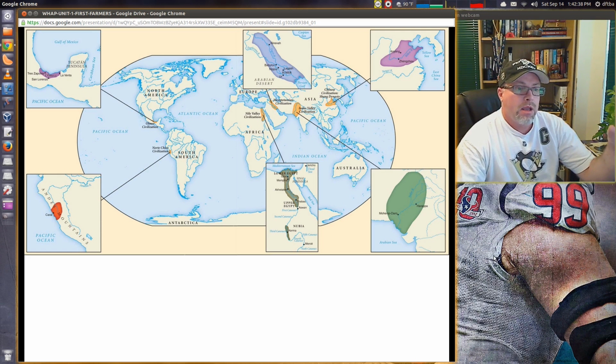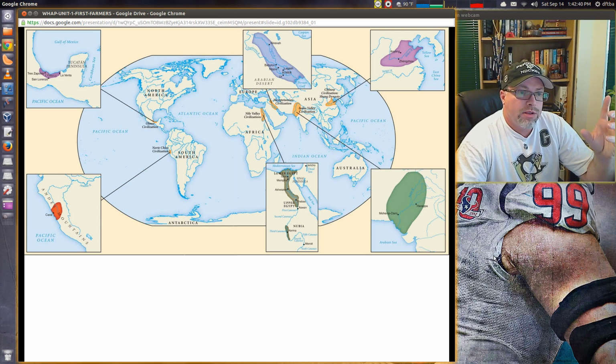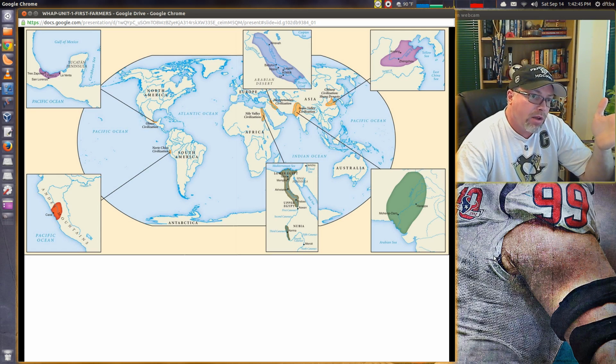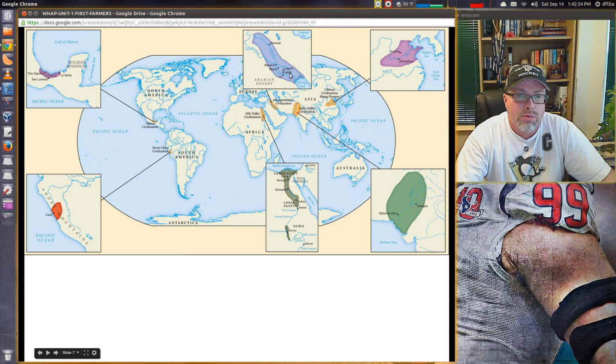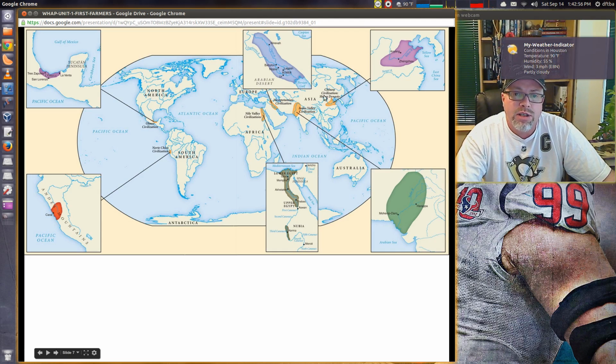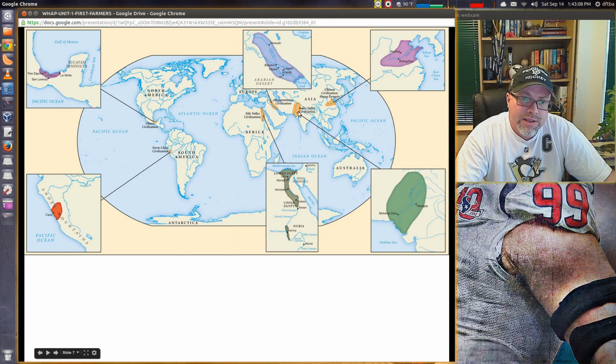So here are your major river valley civilizations, and these vary from the top left. You'll see the Olmecs, or the Olmec, in the Gulf of Mexico right there. Across the top, of course, that's the Mesopotamians, here in purple across the top, the Babylonians, Sumer. And then over here, the Chinese civilization of the Shang dynasty. So you've got that happening along the Yellow River. We'll study the Chinese here in the 3rd chapter.